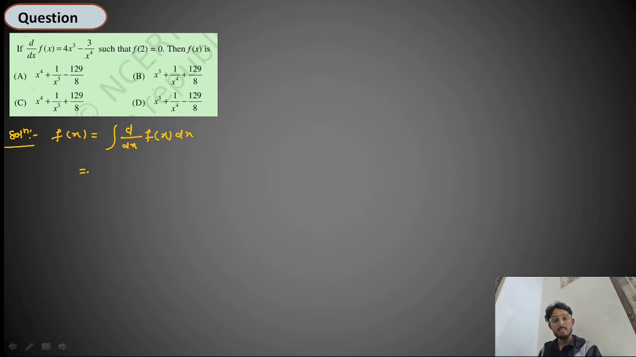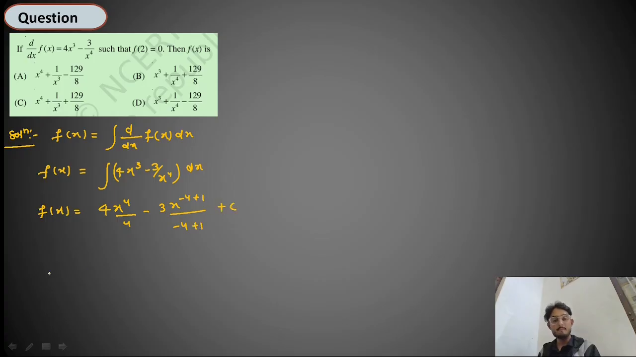This is given as 4x cube minus 3 upon x to the 4, dx, equal to f(x). So f(x) equal to, what is the integration of this first term? 4 x to power 4 upon 4, minus 3. Here x is in the denominator, the power 4 is positive. That means 4 is a positive power of x. So when you take it in the numerator, you will reverse the term, and you will get the power in negative term. It means you will get x to power minus 4, and when you integrate this term, you will get x to power minus 4 plus 1 upon minus 4 plus 1,